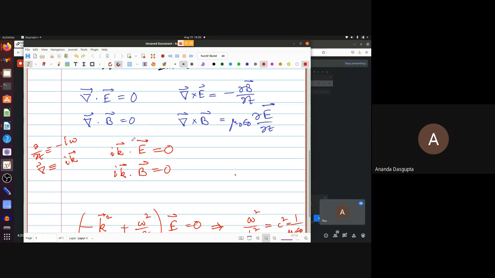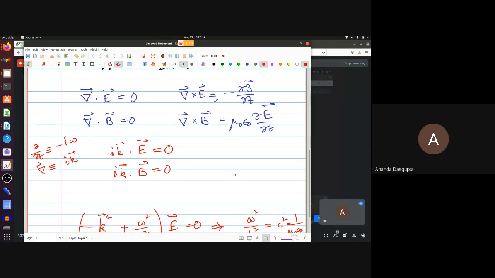So what do these two equations tell you about the electric and the magnetic field? That they are perpendicular to each other. No, not really, not these two. They are perpendicular to the wave propagation vector. Exactly. These two equations tell you that they are both perpendicular to the wave propagation vector. k·E is 0 and k·B is 0. These two equations don't tell you that E and B are perpendicular to each other. That actually comes from here.